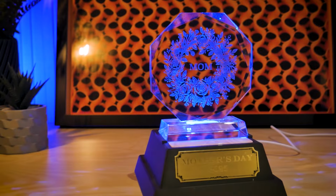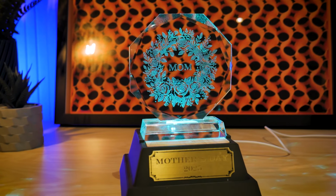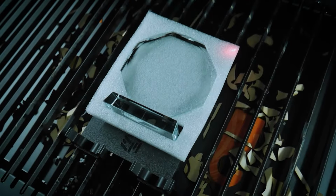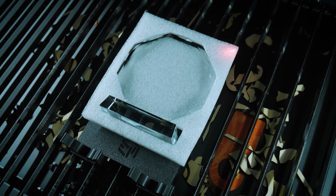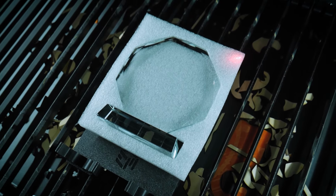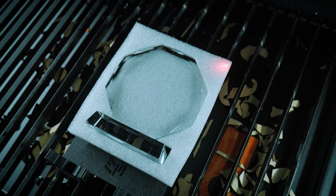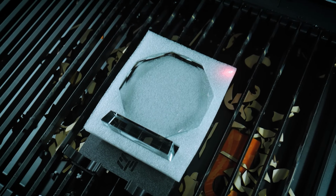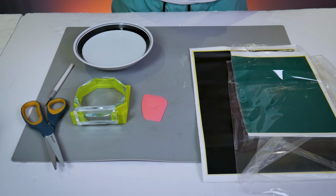Now, I've also read that there is lead-free crystal glass, so I'm not sure if that will react to laser engraving differently, but either way, crystal glass is often used on things like fancy drinkware, trophies, awards, candlesticks, and other decorative pieces. It tends to have a nice heavy feel to it, and it refracts light very well. So if you engrave something on there and you light it up with some LEDs, it's going to look really